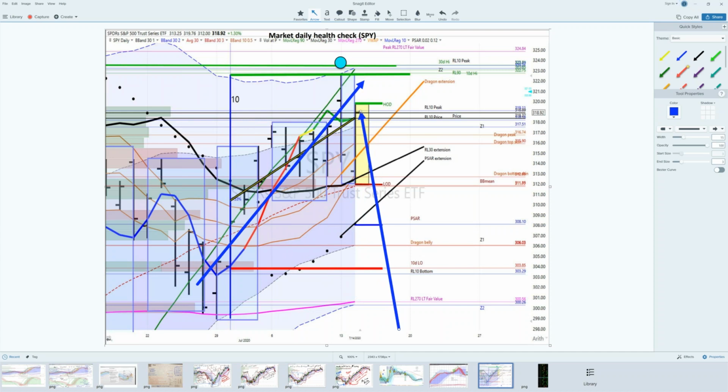So with today's close here, we've got some support levels at the RL10 price, the Z1, the skin of the dragon at 316, the previous dragon peak over here at 316.74, the spine of the dragon, skin of the dragon at 313, and then the Bollinger Band mean at 312. I consider that to be really strong and important support right there. So if it can hold above the Z1 at 317.5, then we've got a really good shot at getting through the RL10 peak, the high of the day at about 320,